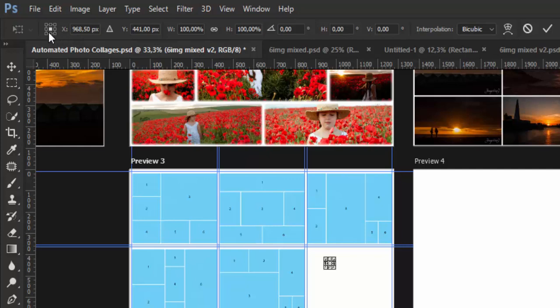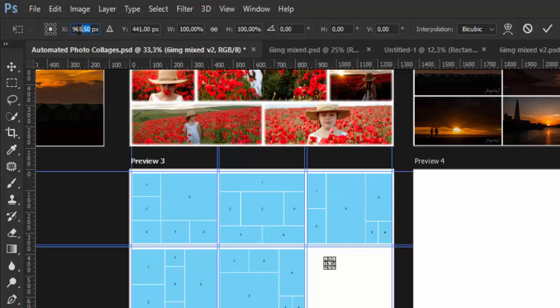So ensure that you have a reference point set to middle, and then use X and Y text fields to position center of selection exactly where you want.